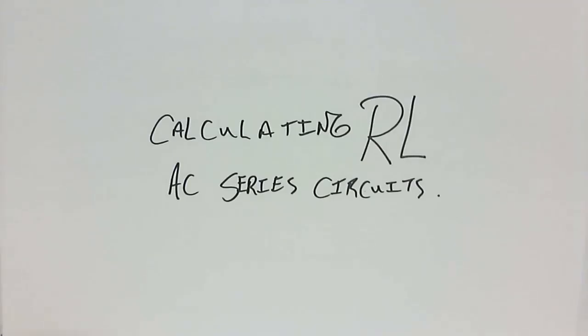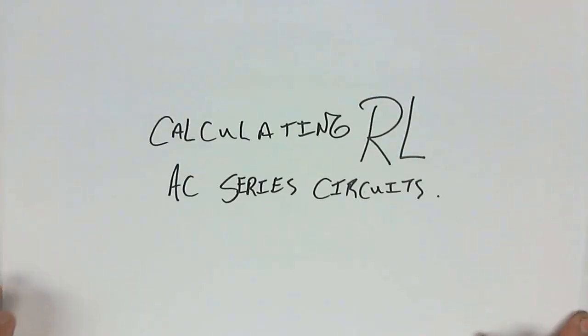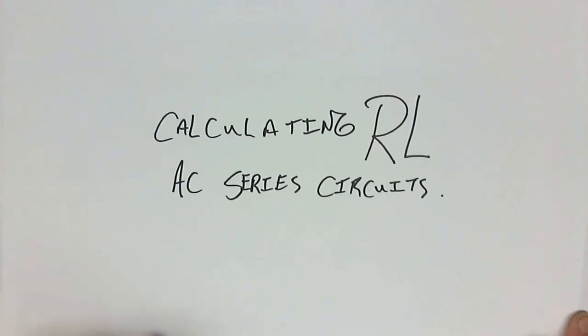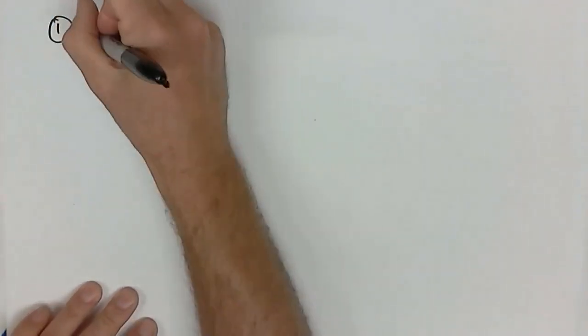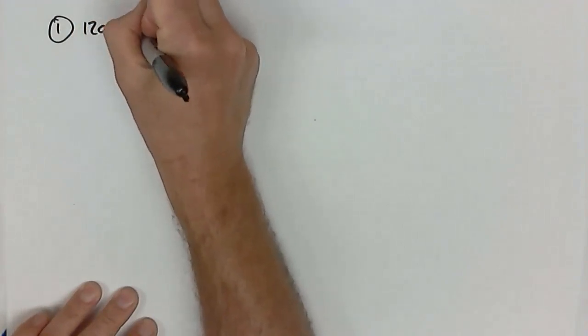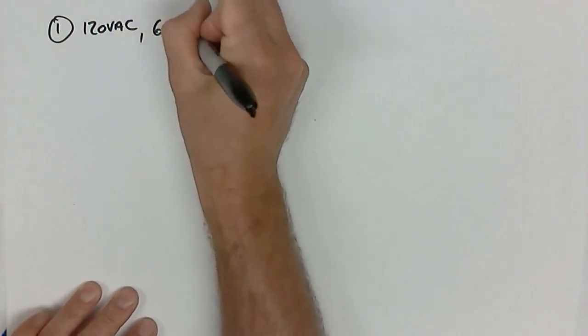Calculating RLAC series circuits. This is where we get into the mathematics and the actual number crunching of how we solve these circuits. Let's take a look. First things first, let's get some numbers in, and then we'll start crunching out some values. 120 volt AC source, 60 hertz,